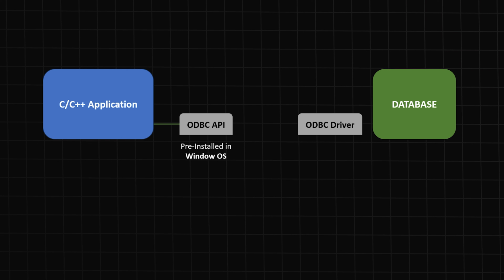Now a lot of people confuse the API and the driver. In the API, there are no implementations. It means the API only says how the connection should look, how the execution of the query should look. It doesn't have any implementation. Now if the API doesn't hold the implementations, then who does? And here the driver comes in. The API sends a request to the driver to perform some task, and the driver communicates with that particular database.